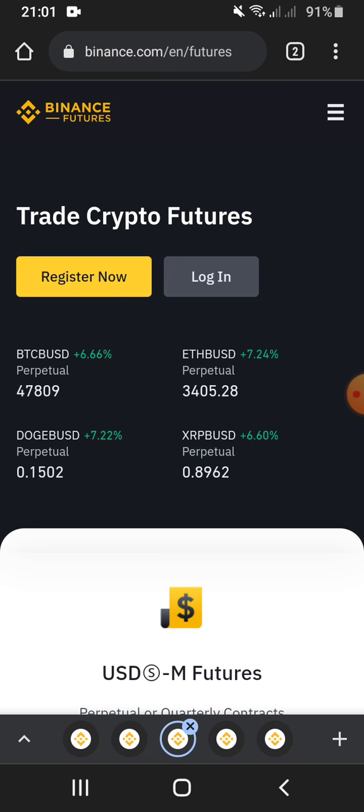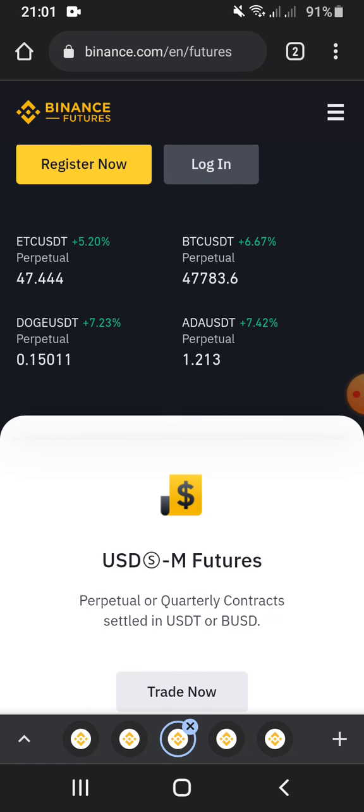on Binance. Once you've done your registration, make sure you complete your KYC, fund your account, set up your two-factor authentication, and complete your KYC verifications. You can now go over to Binance futures, click on register now, and log in to your